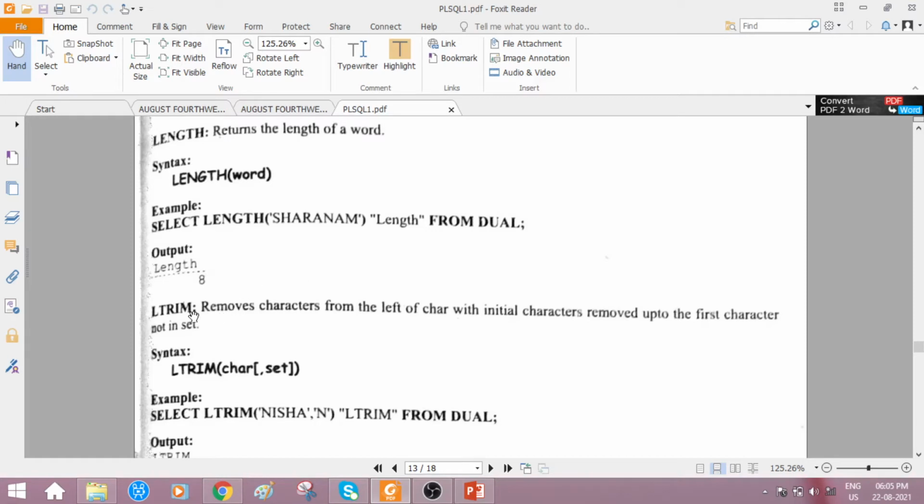Trim is a function. You are familiar with C programming, right? What it is going to do is remove a few characters.